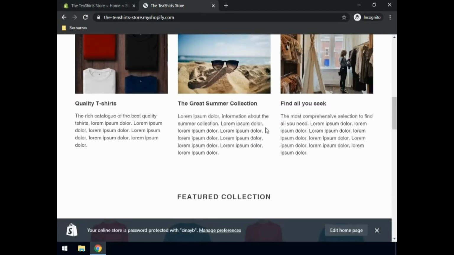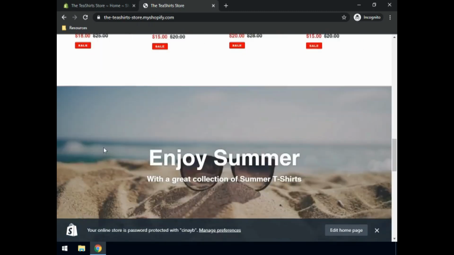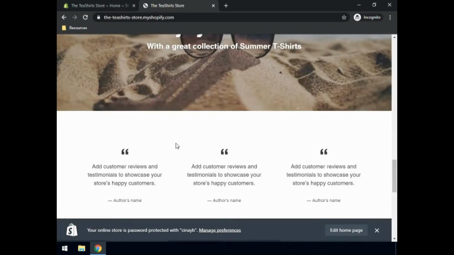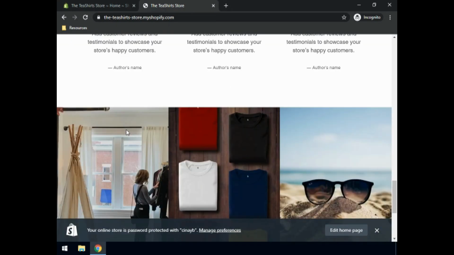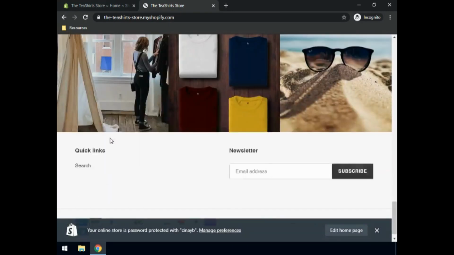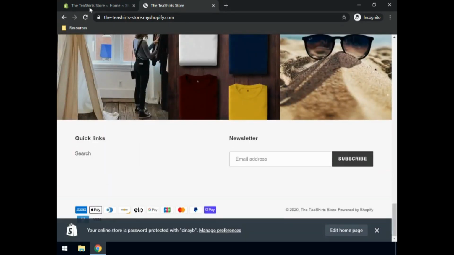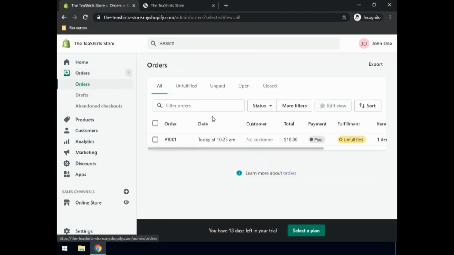selling different products, a featured collection with products and discounts on special offer, and the entire e-commerce system that you can manage, a few references from your own customers, and more images and links to browse different parts of your site. On the back end, you will manage Shopify, so you will have orders management systems, and we